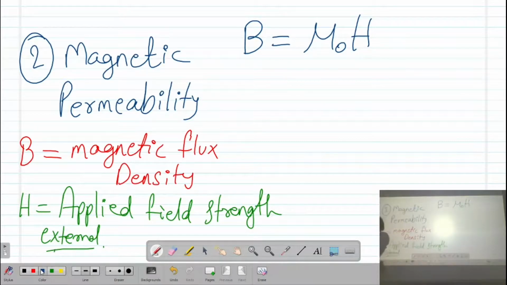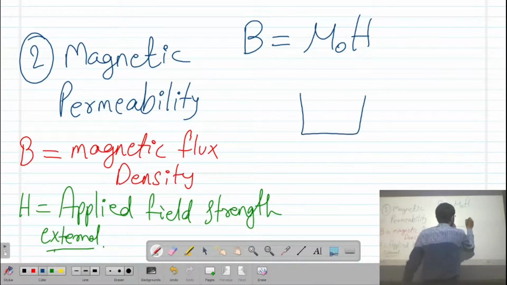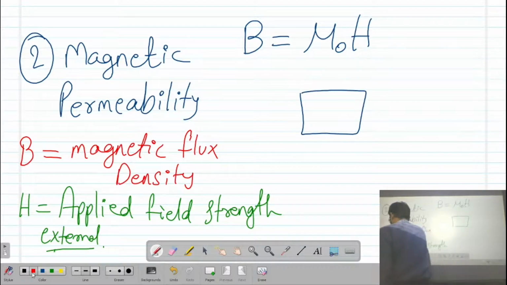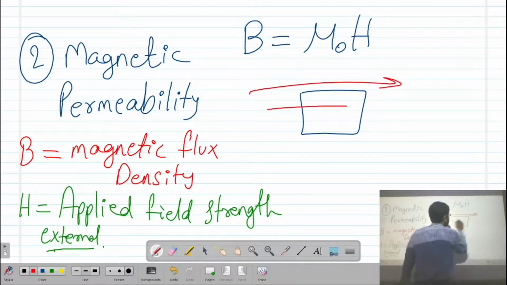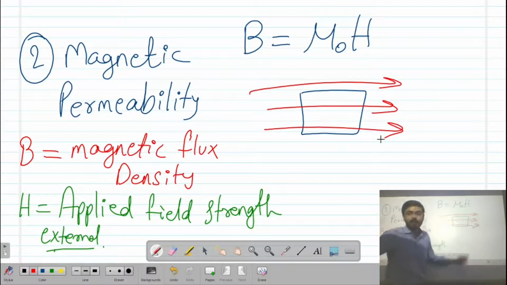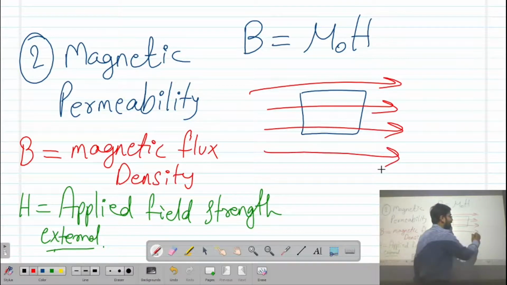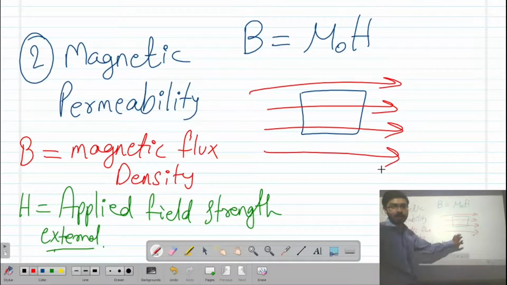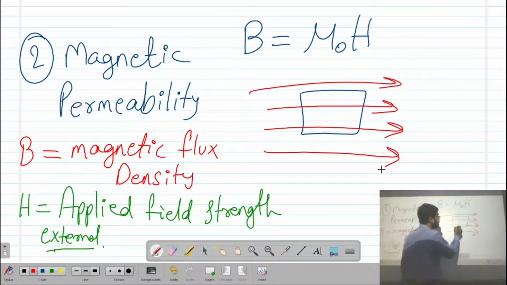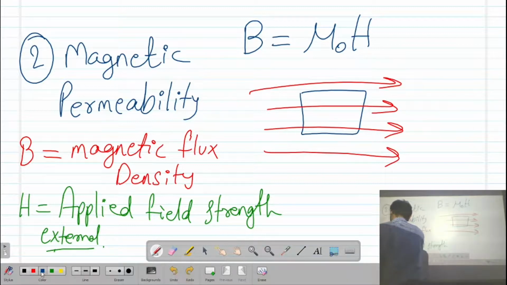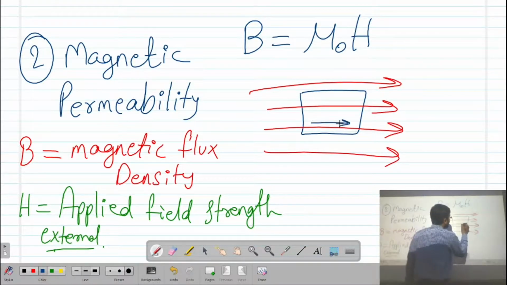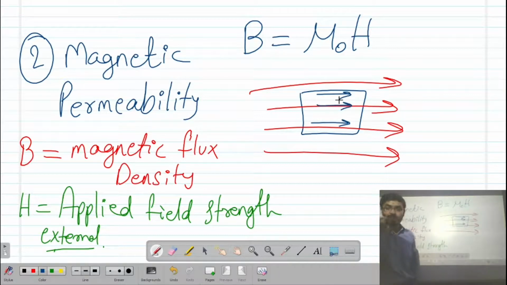As I have discussed, if you have a material subjected to the external applied magnetic field, for paramagnetic material, it will induce the dipole moments in the direction of the applied magnetic field, right?